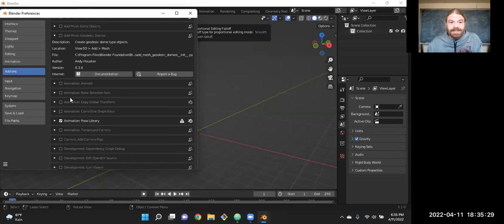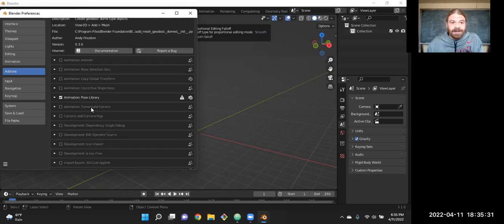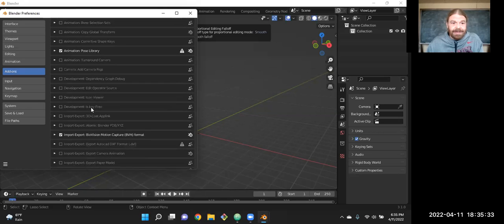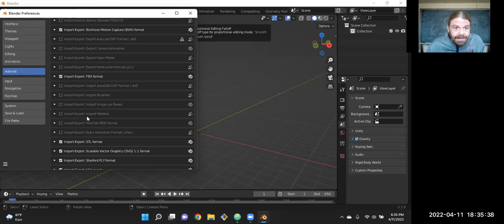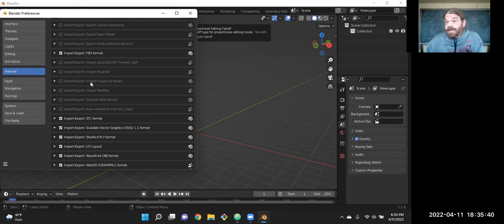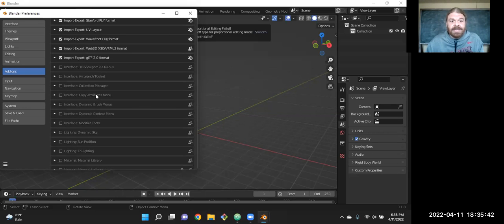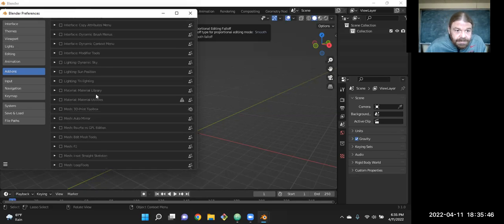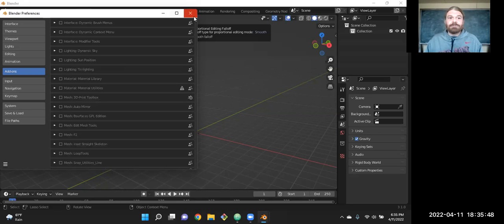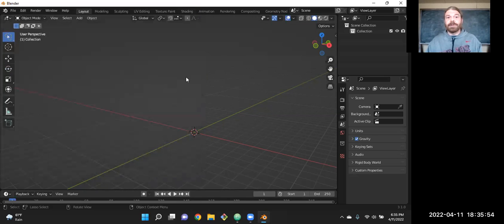A more complicated sort of thing. More stuff with bones, rigging. The different types of imports and exports. So you can customize all this. There's one for gears, which is really useful if you're going to make little machine things, because you can have gears the same way, but it sets it up as a parameter.